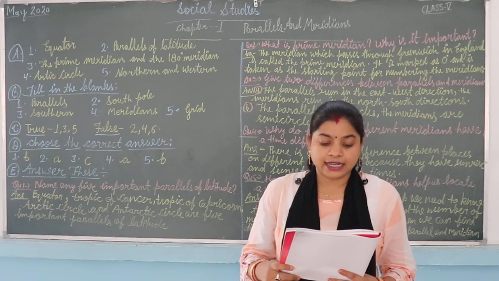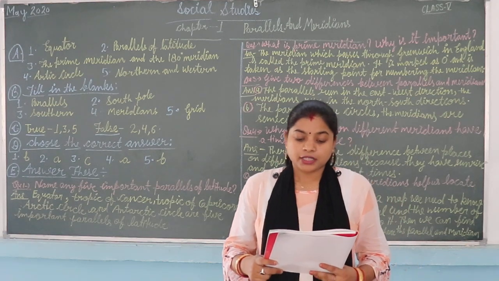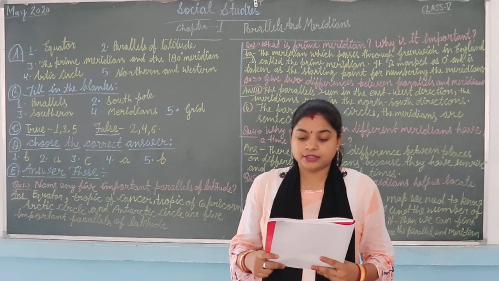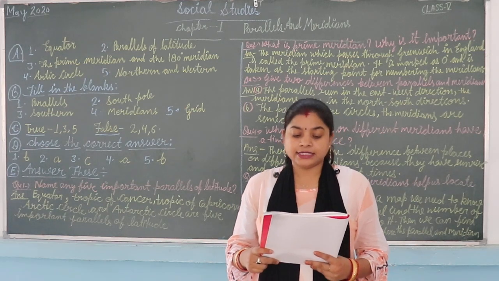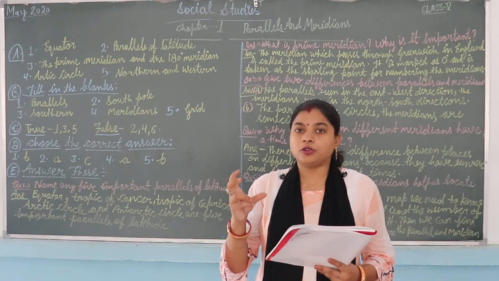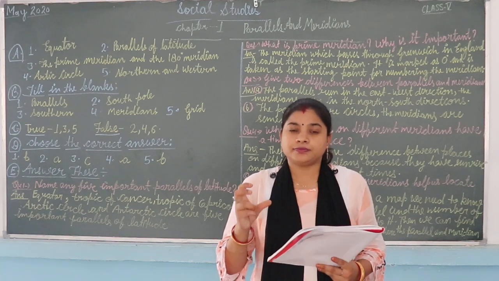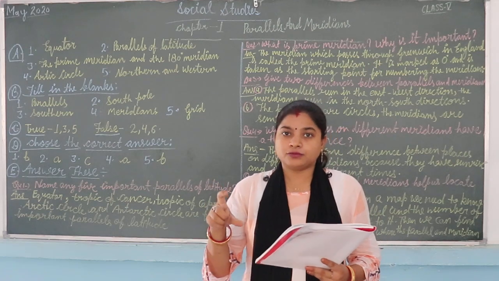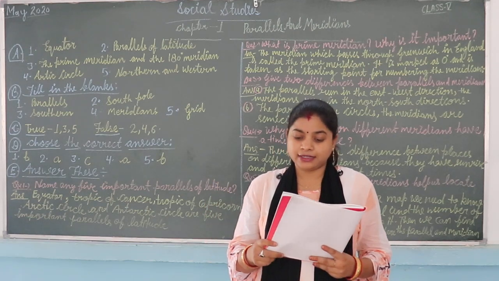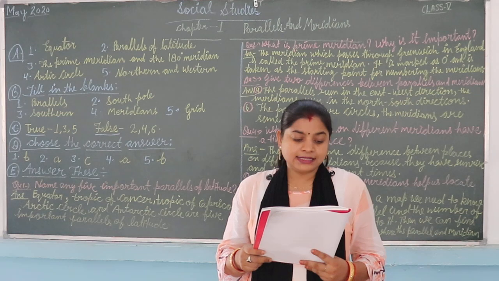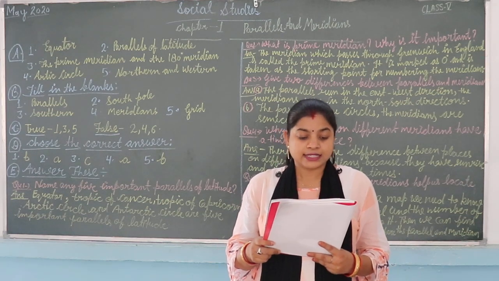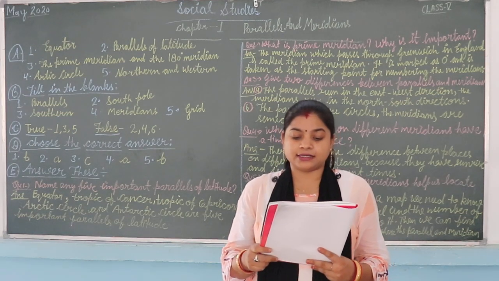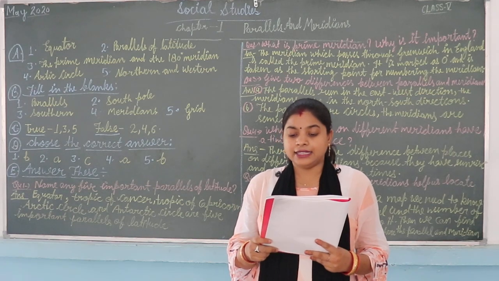If you look closely at a map or a globe, you will see lines drawn on them. What are they? The lines that run sideways in the east-west direction are called parallels of latitude.